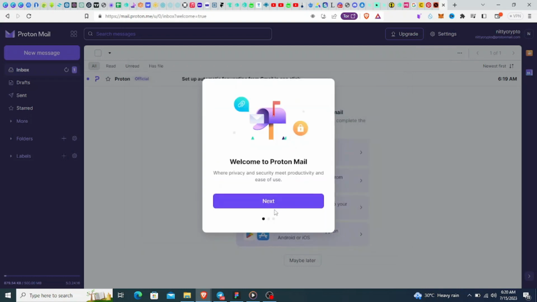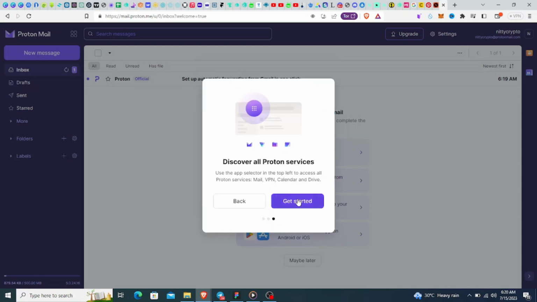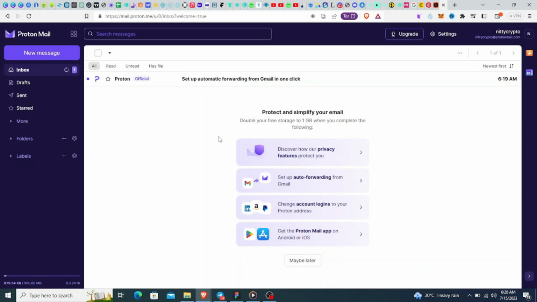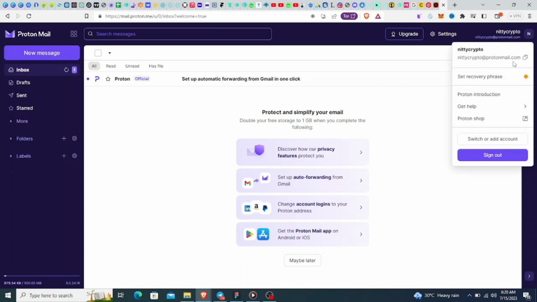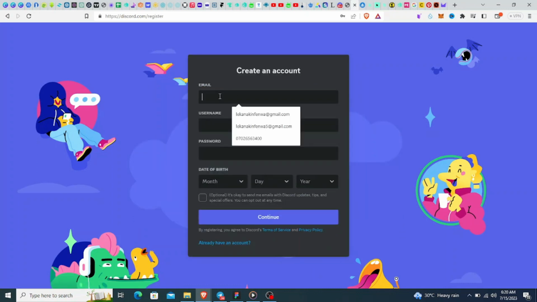Don't sign in with your Gmail account. Okay, so you just have to leave it this way. Click on get started. You're going to copy your username right now, copy the email to clipboard. You're going to copy the email from there. So then you go back to your Discord, you paste the Gmail username, let's see, crypto,